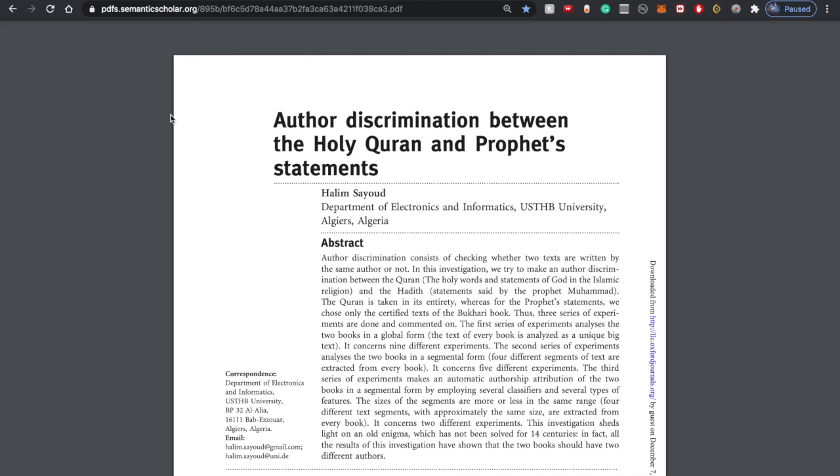But if he did not fabricate them, if really God revealed it to him, then we would expect the Hadith, which are the statements of Muhammad, and the Quran, which is the book, to have very different styles, different language, different vocabulary, etc. So we would expect in our literary analyses to find a discrimination of authorship. And so in this video, we're going to be looking through these different papers, and they're going to be doing lots of studies from different points of view, and analyzing the text of the Quran and the text of the Hadith, and trying to determine whether they go back to one author or 2 different authors.